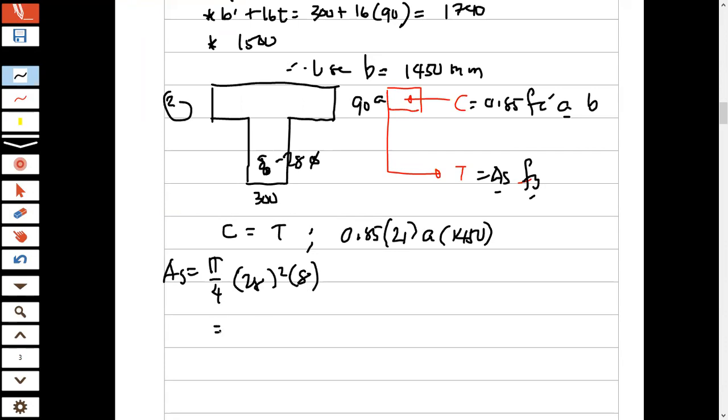Okay, this is equal to 4926 square millimeter. So therefore, we can substitute here 4926, fy is equal to 415. Okay, so we can have here a equals to 78.98. This one shows that this is